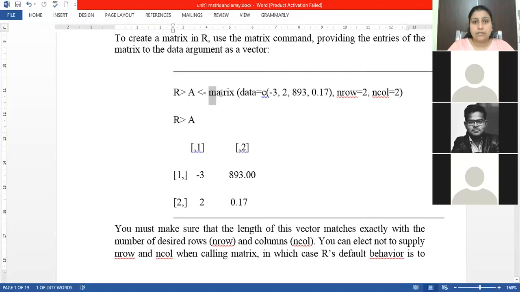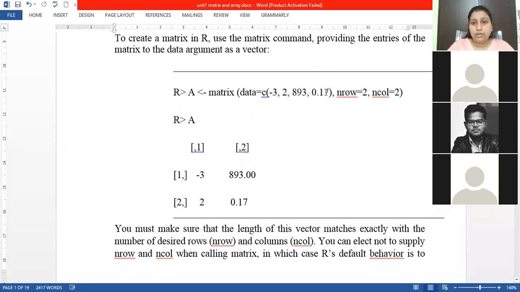To store a matrix, we first write the syntax matrix, and within it you have to give the values which you want to enter into the matrix. To store the matrix values, we have taken a vector. I define data equals c. A small c here denotes a vector, and within that vector, I have defined 4 different values.